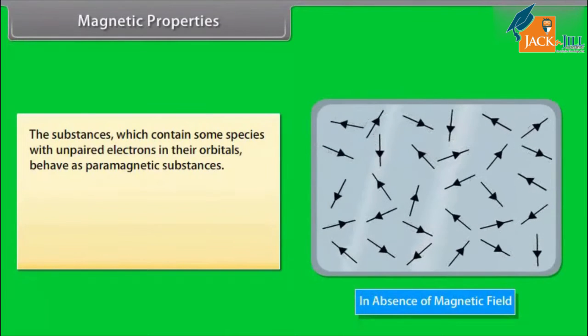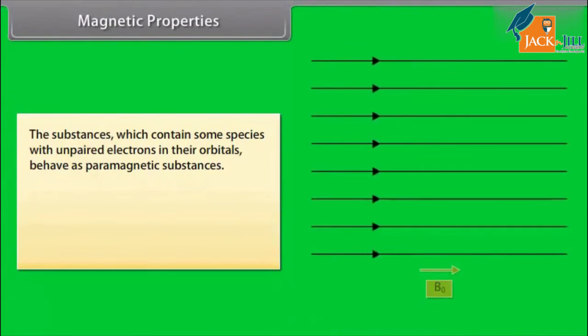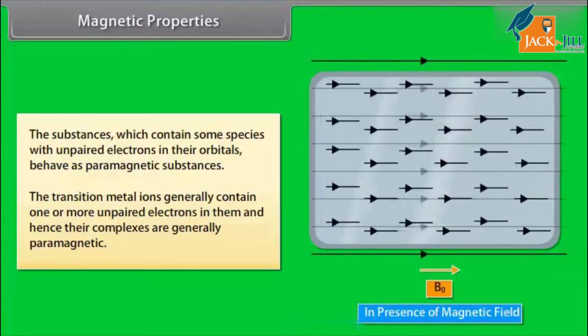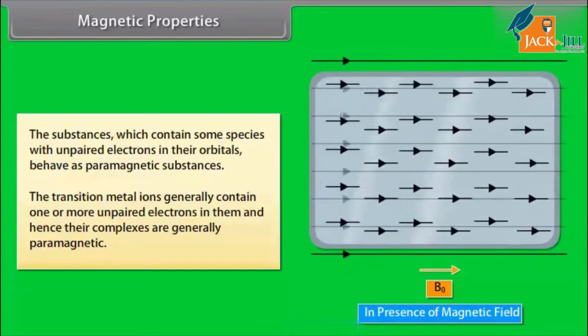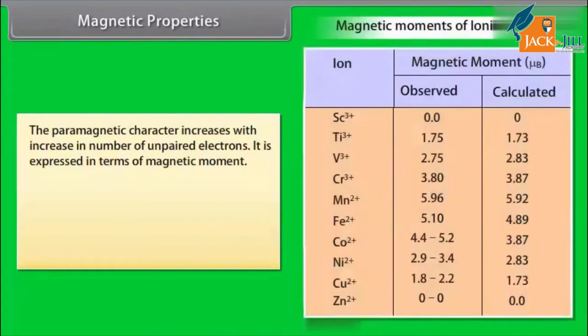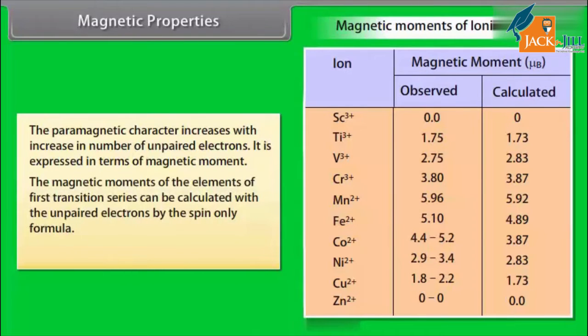Magnetic properties. The substances which contain some species with unpaired electrons in their orbitals behave as paramagnetic substances. The transition metal ions generally contain one or more unpaired electrons in them, and hence their complexes are generally paramagnetic. The paramagnetic character increases with increase in number of unpaired electrons. It is expressed in terms of magnetic moment. The magnetic moments of the elements of first transition series can be calculated with the unpaired electrons by the spin-only